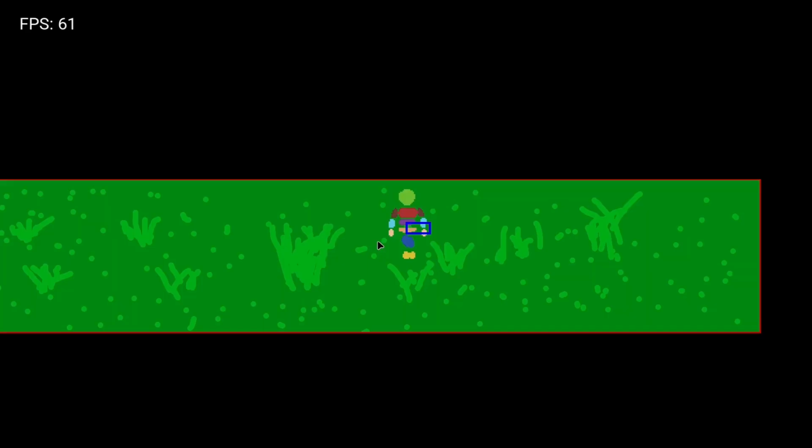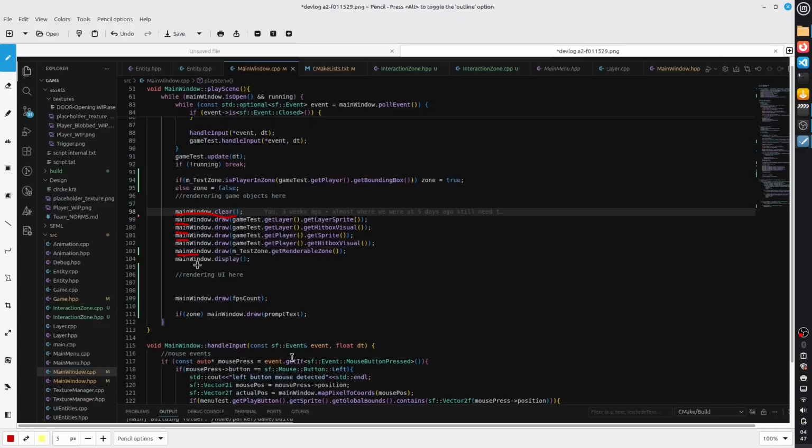The problem was the render order. I was drawing the UI text as a world object, which meant it had a position inside the game world instead of staying fixed on the screen. The fix was actually really straightforward, and once I figured it out, this was the basic logic I realized that I was missing. You render game objects around the player. Then you render the UI relative to the camera. Then you display the whole thing. Wrong order and your UI is just placed in the world.